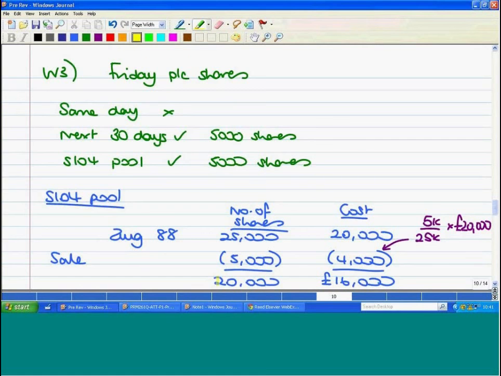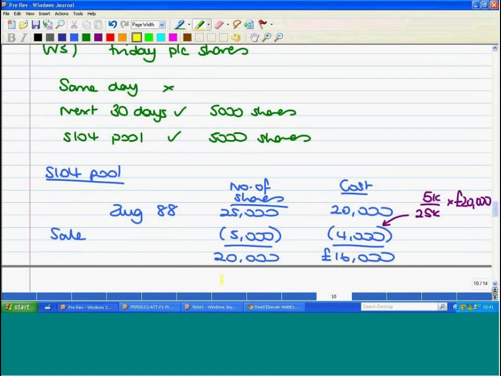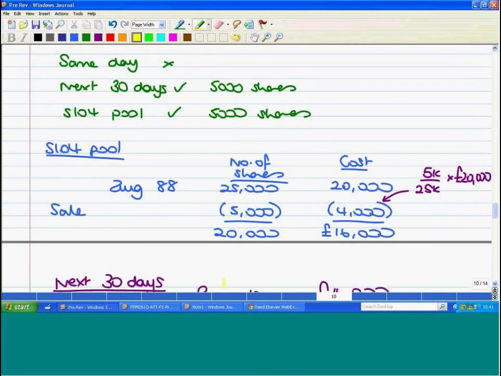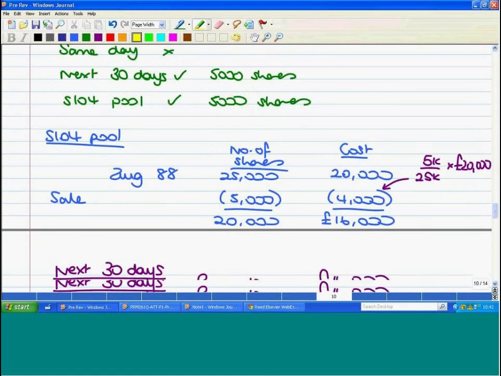So let's have a look at how the Section 104 pool would have come together. The only acquisition I had was 25,000 shares in 1988. And because I'm going to dispose of 5,000 shares out of there, I'm just looking at the average cost per share. So I'm basically taking my 20,000,